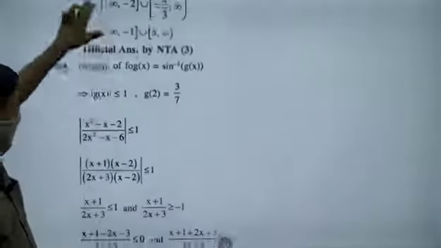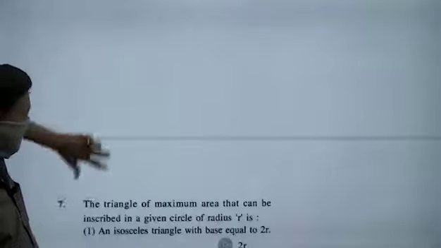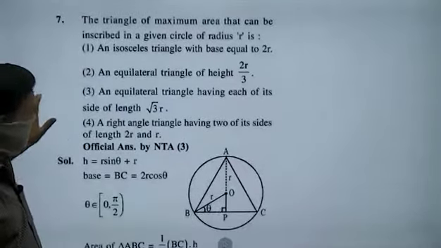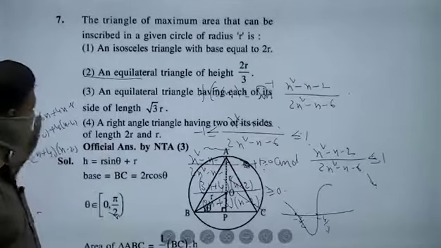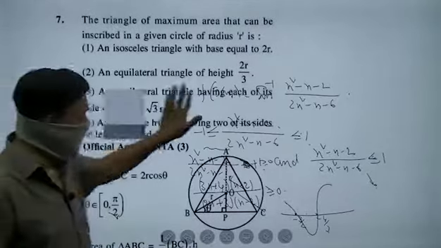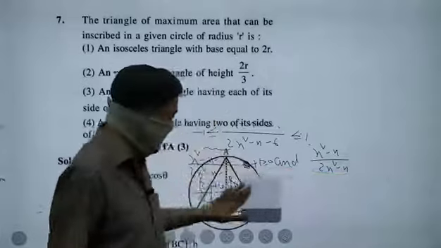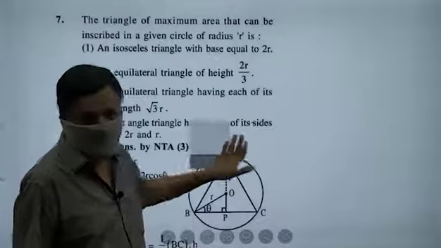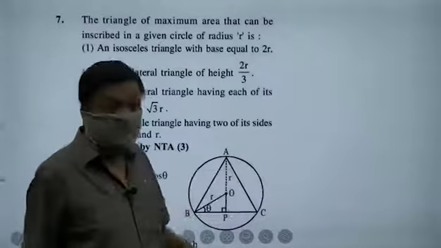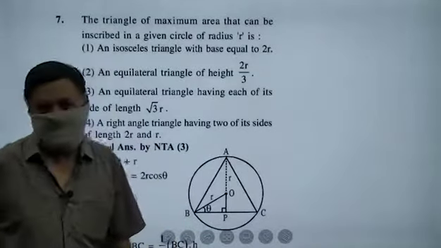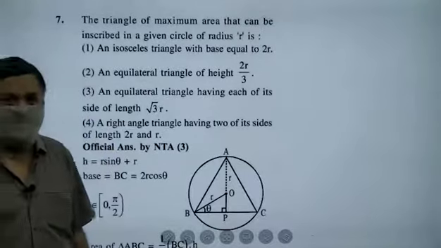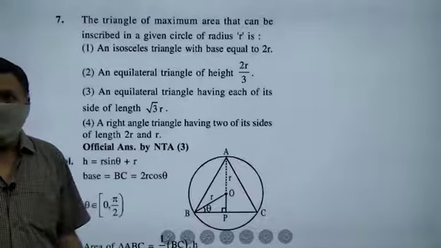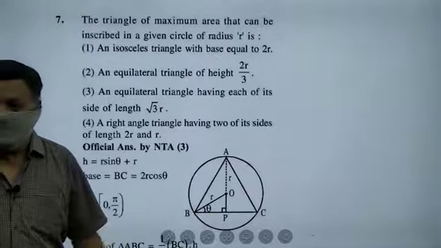So this is quite simple, but the only thing is calculations. See, this question is a throwaway question. You choose the answer. Of all triangles inscribed in a circle, equilateral triangle will have maximum area. Equilateral triangle will have least perimeter. This is a famous statement and I have said it so many times.